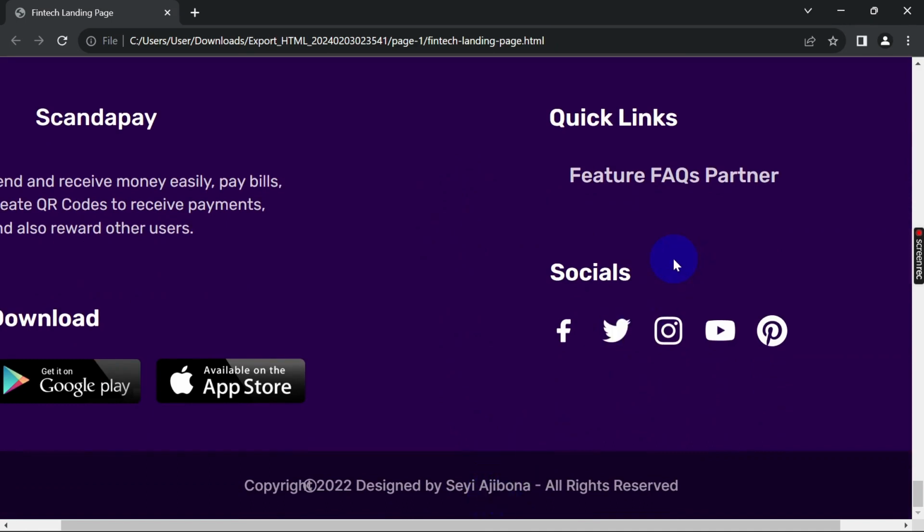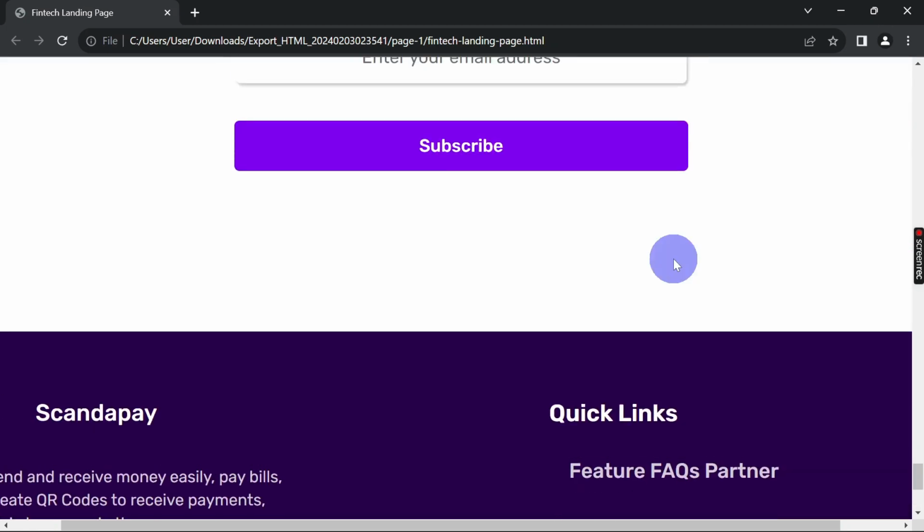So that's basically how you can convert your Figma designs to HTML and CSS code. So I hope this short video helps you out. I hope this helps you or advances your